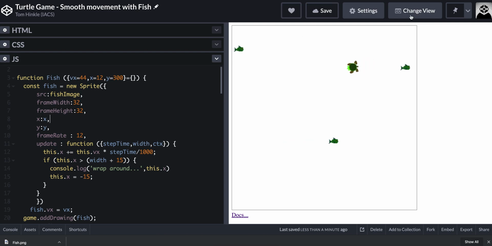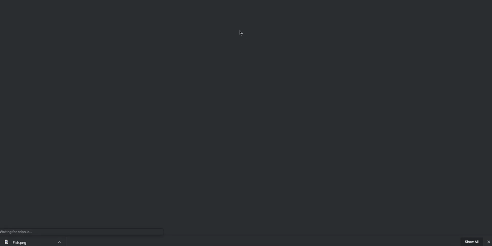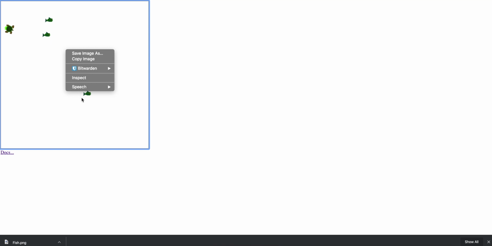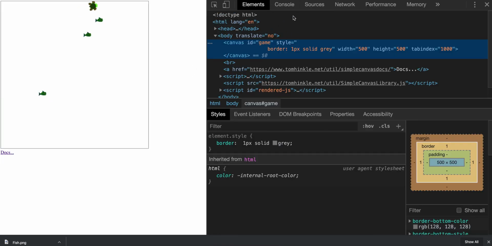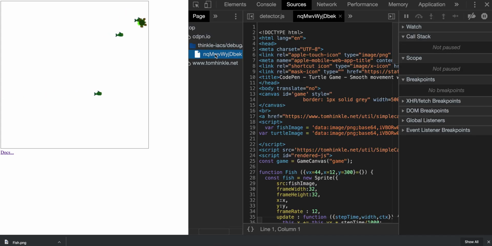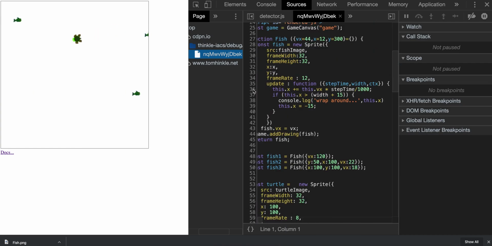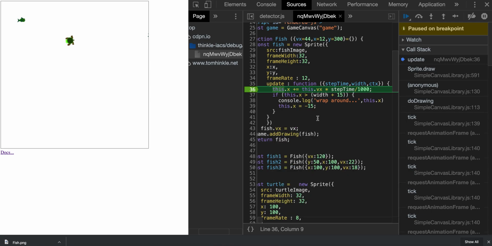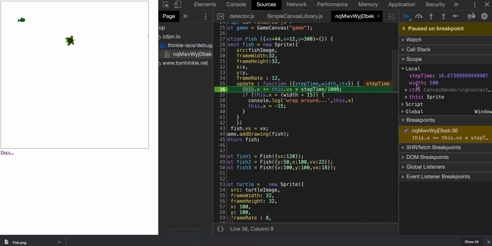I'll just very quickly show you what's happening in the inspector. This may be a little rough to see. I don't know if I can make this big enough font, but if I open up the inspector here and I go to my source code, beautiful. And then I'll just throw a breakpoint inside of that update function. It's now updating for one of the fish. And if I take a look here,